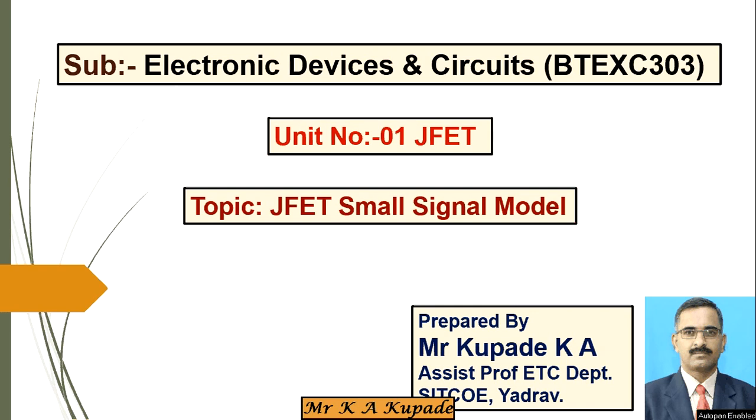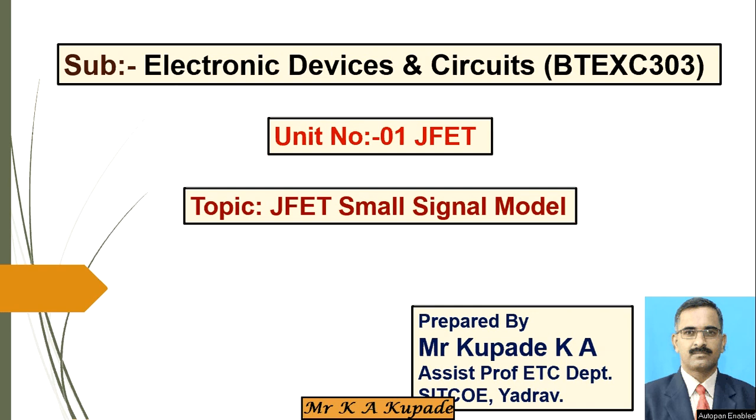And in the previous lecture we discussed the biasing of a JFET, that means self biasing, that configuration or biasing method. By considering this point of view, today we are going to discuss the JFET small signal model. Again, the JFET as an amplifier we are considering in the common source configuration. Considering that circuitry, we are going to discuss these small signal models.